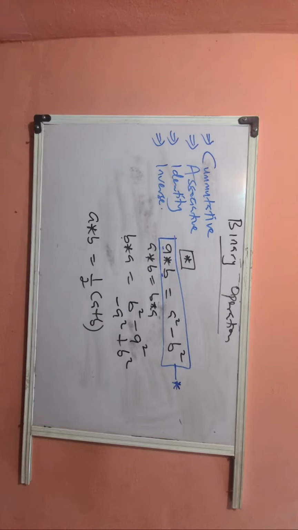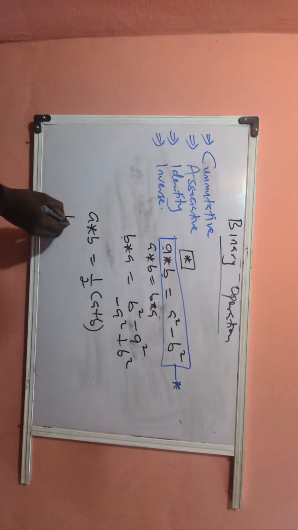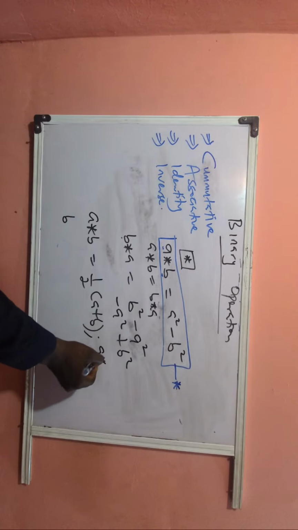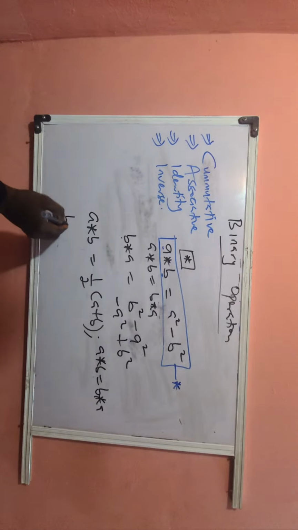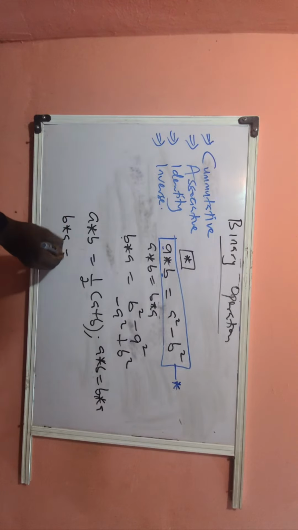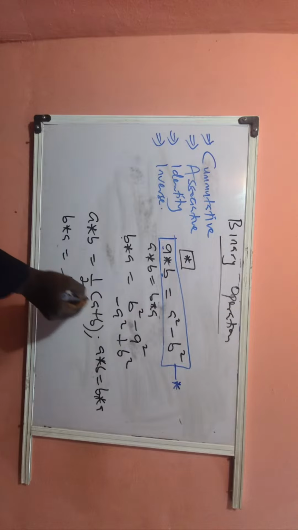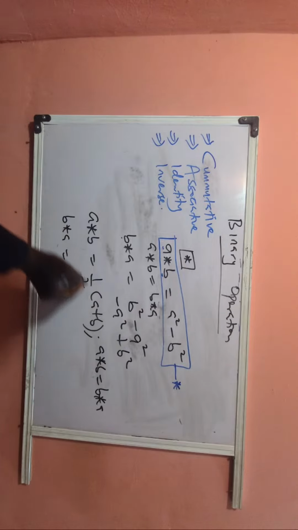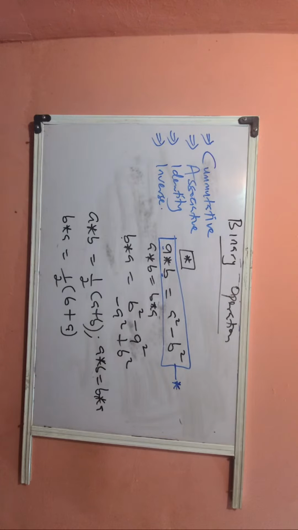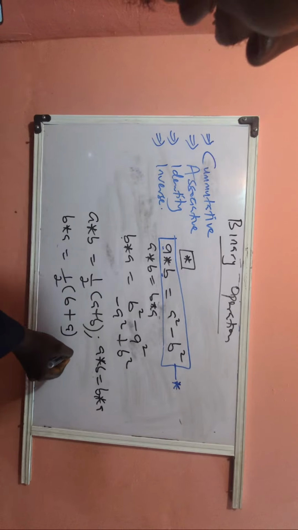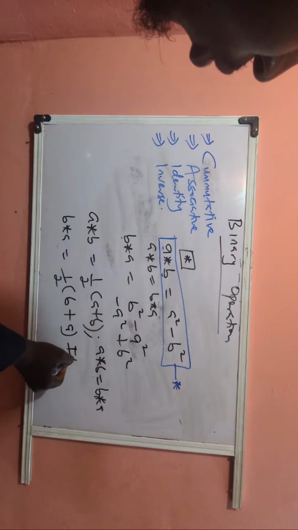Now, for you to find if this is commutative or not, all you have to do again is to investigate for commutativity. A star B must be equal to B star A. So obviously, B star A here will be 1 over 2, B comes first, that will be B plus A. If you look through this, you will see that B plus A and A plus B is the same thing. So A star B here is equal to B star A. So we conclude that it is